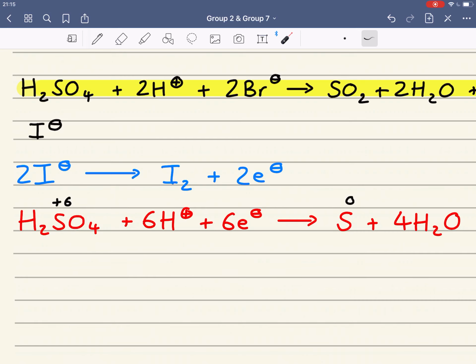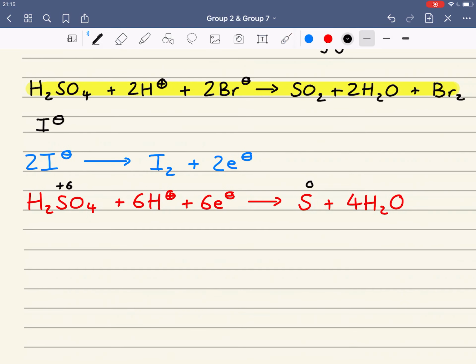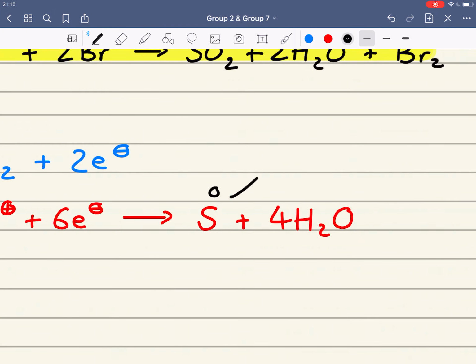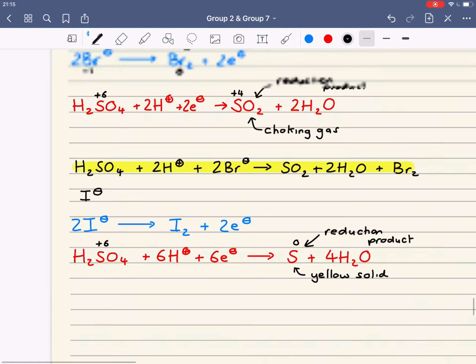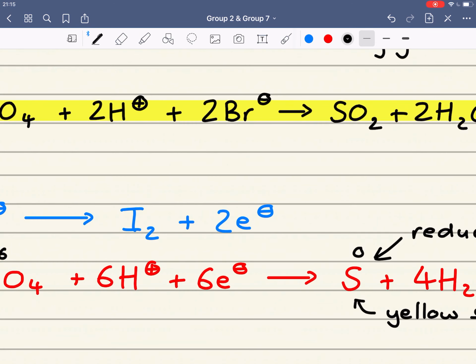to 0. If we were going to combine this, and again, I will just mention that this is another reduction product. It's another reduction product, and that is observed as a yellow solid. The iodine, by the way, is again an oxidation product. This is usually observed as a black solid,